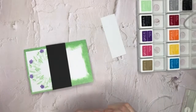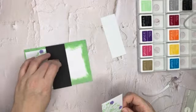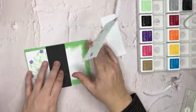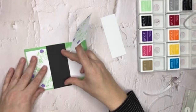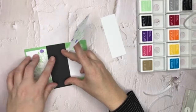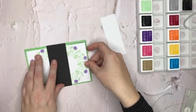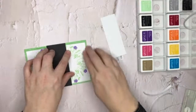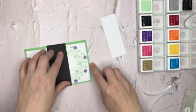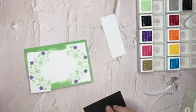Just peel these little backing strips off. And so my black piece of cardstock should be, although I haven't taped it down, pretty close, and while I've got that stuck to my finger, I can kind of muck about a bit with getting that lined roughly back up where I think it's supposed to go, give or take. Just lay that piece down. So I've got a little bit thinner piece up the top than I do on the sides. But then I'm going to take my black cardstock,